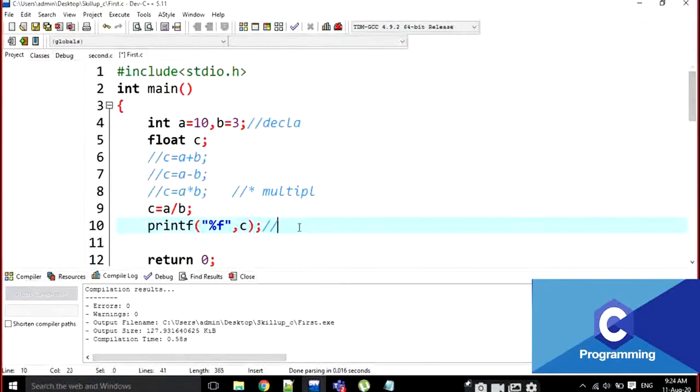That's why I am saying that when we are dealing with division, it will give some different values. Now, how do we get that 3.333? If any one value, either the numerator or denominator, at least any one value is float, then the result is float. But the values here are both integers. What do we have to do? We have to do the typecasting.